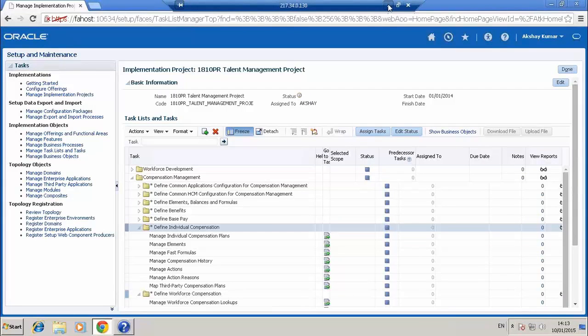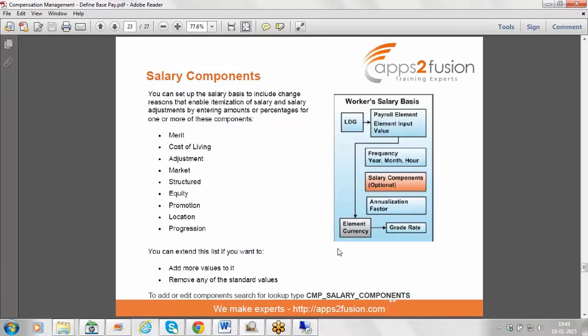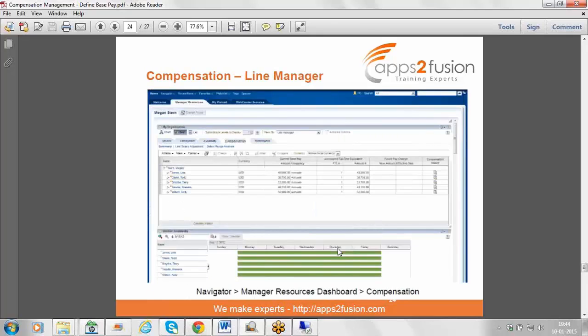So what can those people do? Before that, I will take you through the presentation now. What can each individual or each role handle? See, after we have created the line manager, the salary basis and everything, and hired an employee with the salary basis, when the line manager gets into the system, he will have a task name, manager resources dashboard.